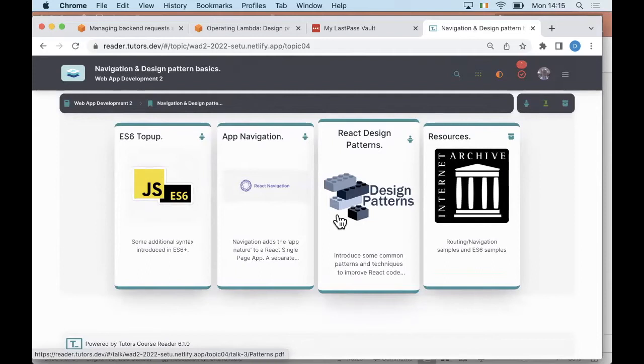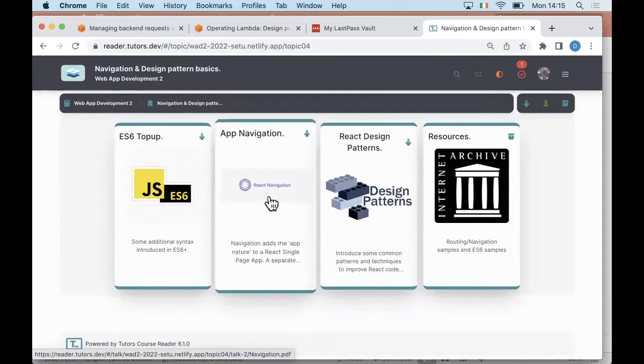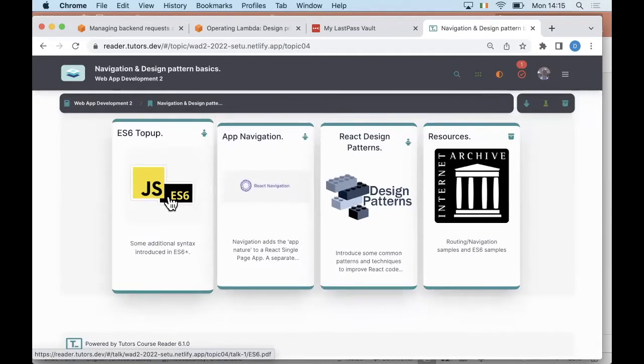So there's two main topics this week. I want to look at navigation, adding navigation or routing to our React app, and also I look at an area called design patterns. But before I talk about either of those, I want to go back to JavaScript and mention one or two